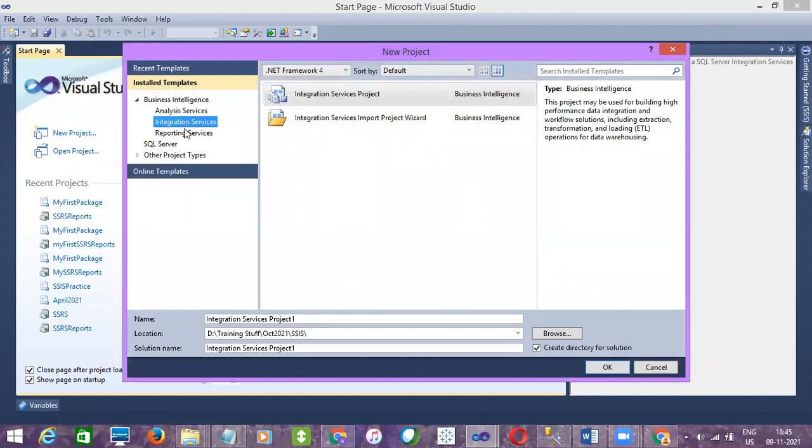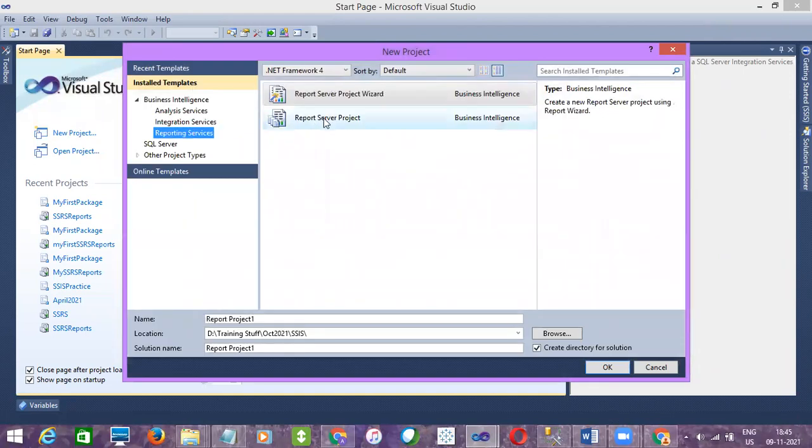And here in the left side, you can see reporting services. For you, it is the newest version, right? Maybe somewhere in the right side of the window here, if you scroll down at the bottom, you can see the reporting services, where you find the integration services. Just below that, you can see reporting services.